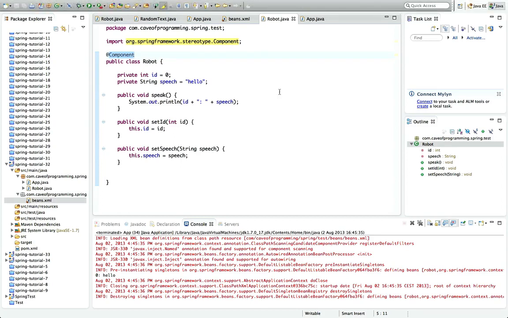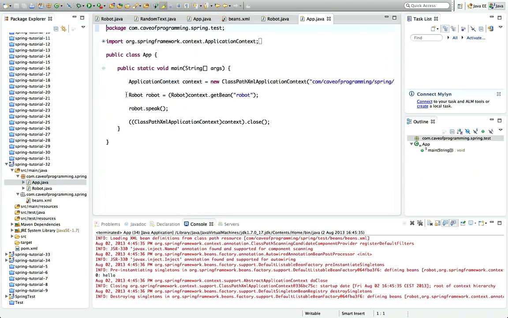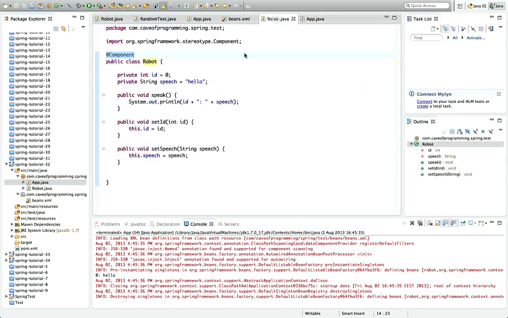In this tutorial we're going to look at the value annotation. I've created this little test project where I've got a bean defined. It's this class Robot, and I've turned on component scanning in my XML, and I've defined this as a component. So we've got a Robot bean, and in my app I'm getting that bean and calling the speak method of this Robot bean, which just outputs the ID and a text field called speech